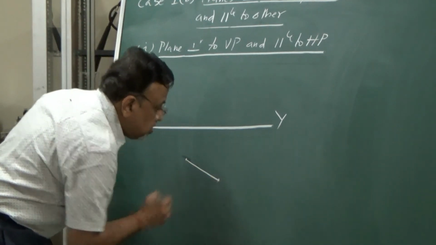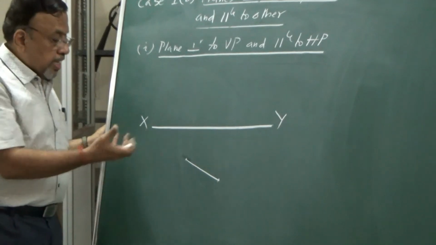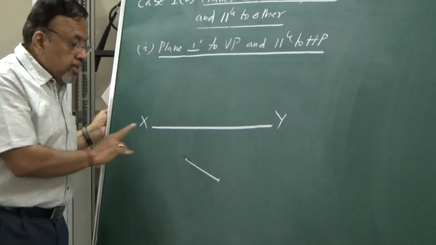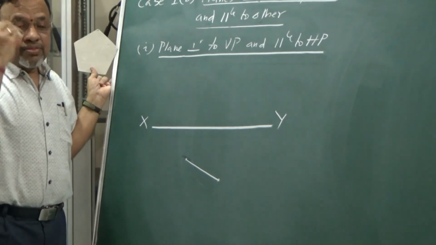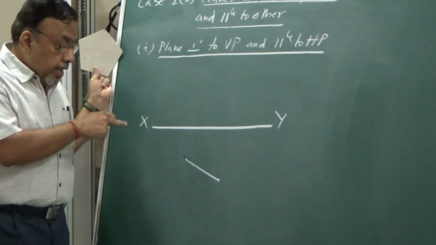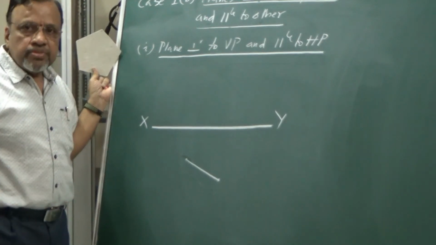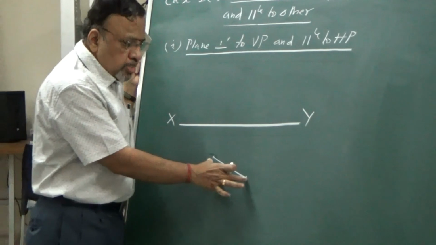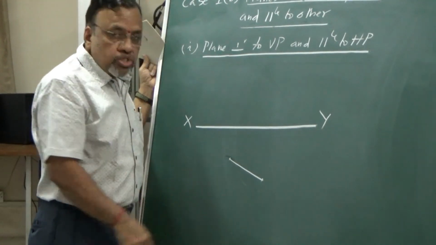Let us say this is the side which is given as 35 mm. Now I need to complete this pentagon. How to draw the pentagon? You know that a pentagon has 5 sides. Since it has 5 sides, I have already done one side, so I need to get the other 4 sides.